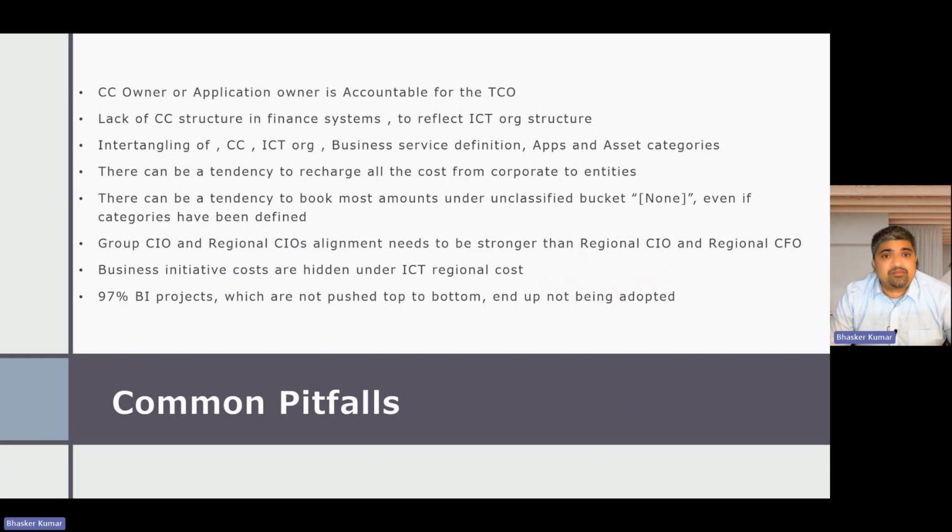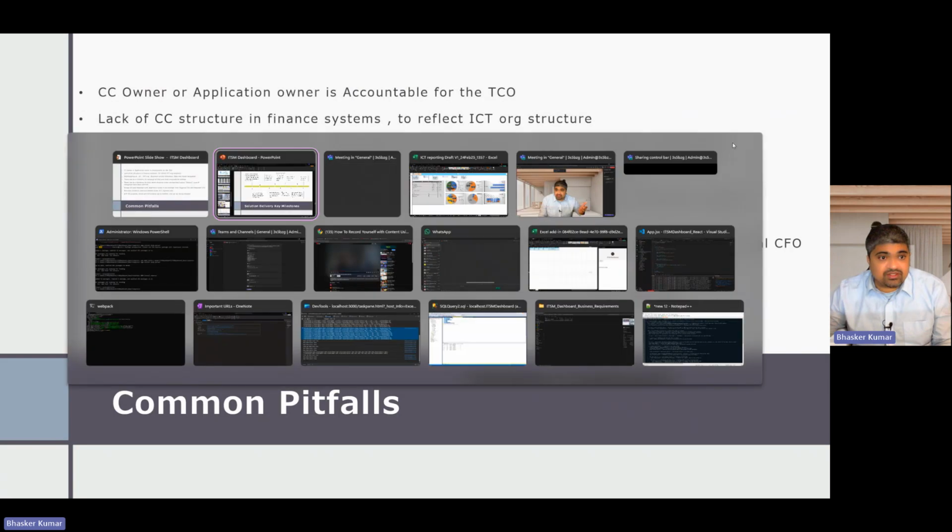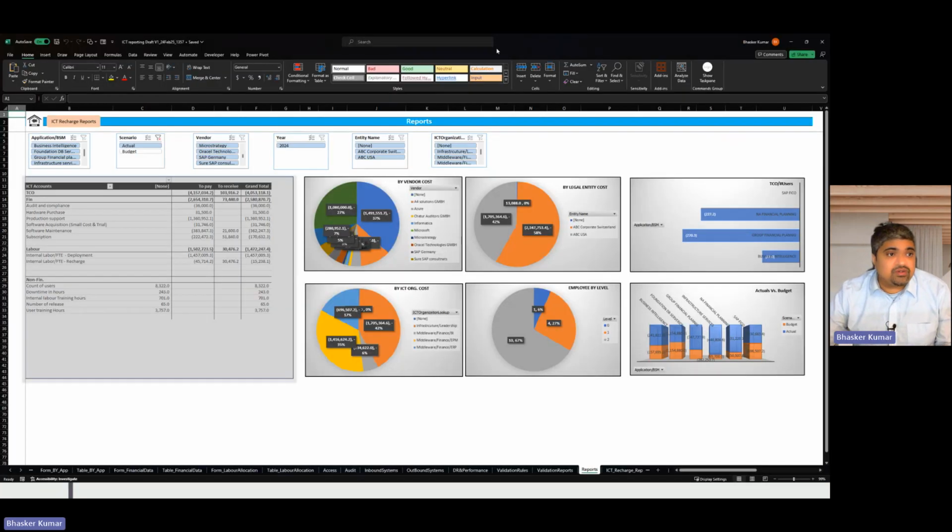This is important, so I would want you to go through this. The CC owner or application owner is accountable for the TCO. So who is accountable for those lines in this tool? Is accountability by cost center owner or by department? Because if you look at this tool,